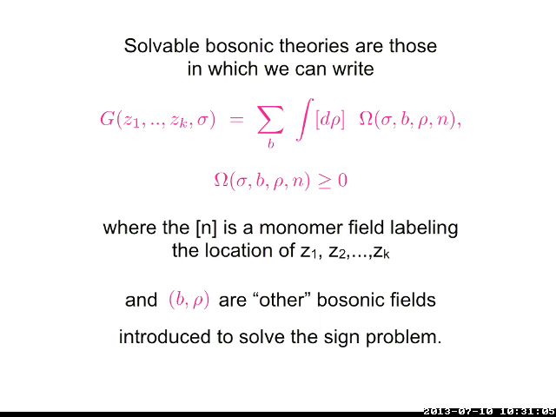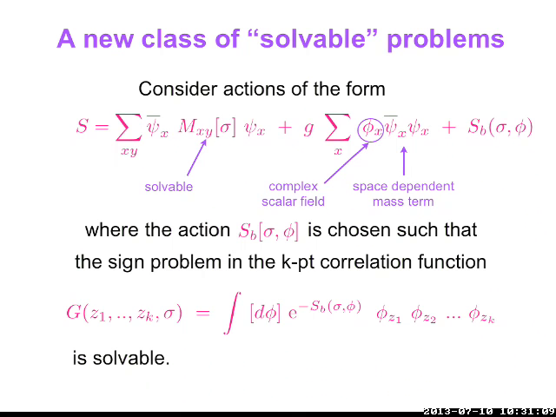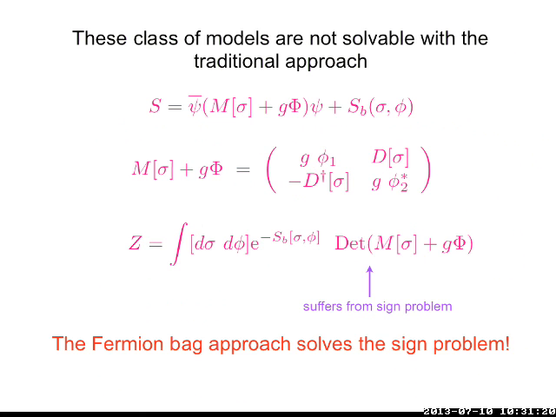So this is the bosonic sign problem, this is what I call the bosonic sign problem. If that is solvable, which is usually the case in most cases, I'm not saying it will be true in all cases, but at least if you choose it in the solvable form, then these models will be solved, because what I can do is, of course, in the traditional approach, notice that there will be a sign problem in this case, because